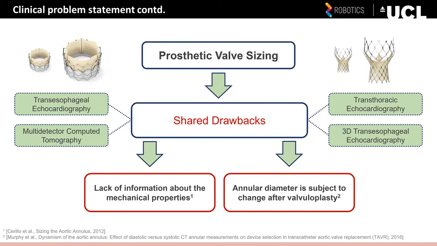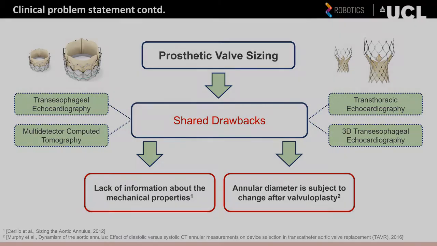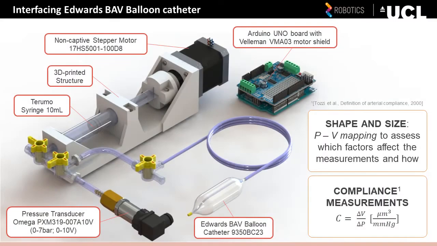As mentioned earlier, we have looked into the development of a valvuloplasty robotic balloon catheter capable of determining the size and the mechanical property of the aortic annulus. That would allow us to extract additional relevant information about the aortic annulus from a device which is already part of the TAVI procedure, potentially optimizing the device selection. First of all, we developed